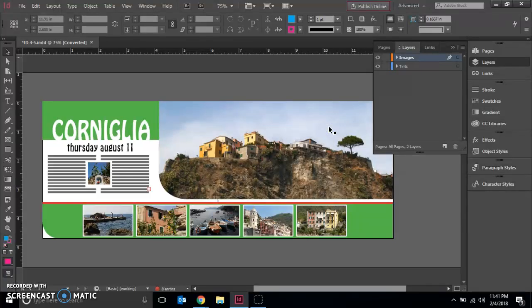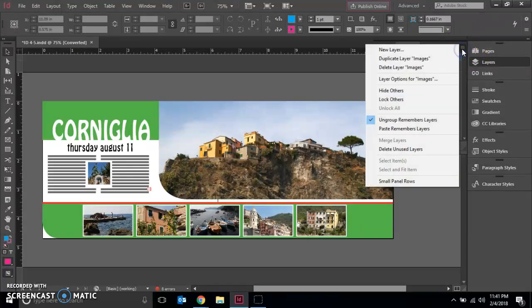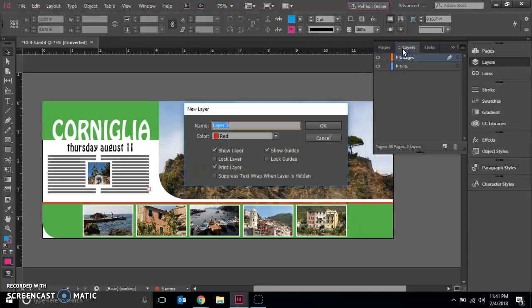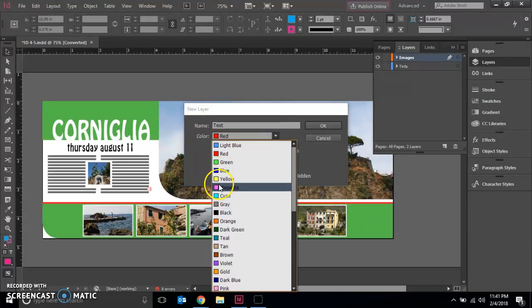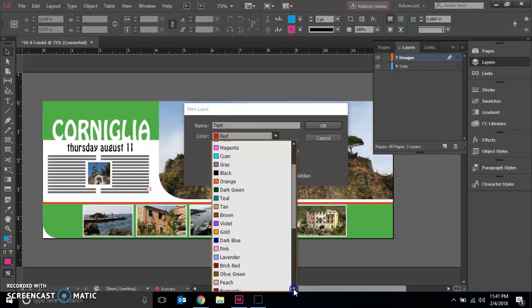Now we're going to click on the Layers panel option again, and we're going to create a new layer a different way. So remember, our panel options is always in that top right hand corner with the lines through it, and we're going to select New Layer. We're going to call this one Text, and we are going to select a color of purple. So scrolling down until you find purple,